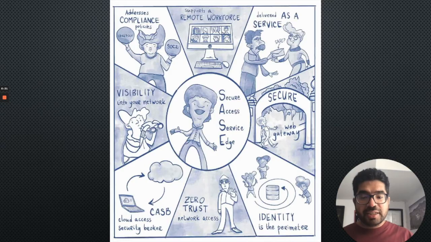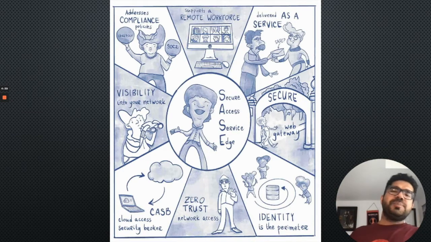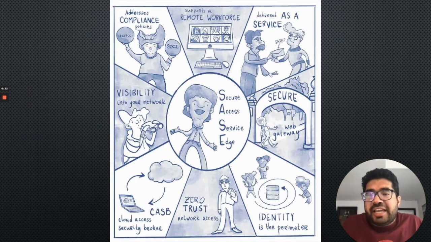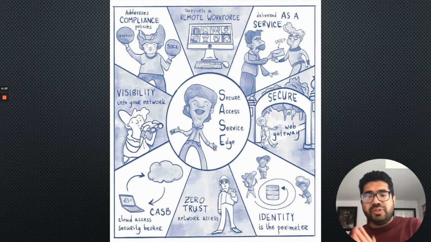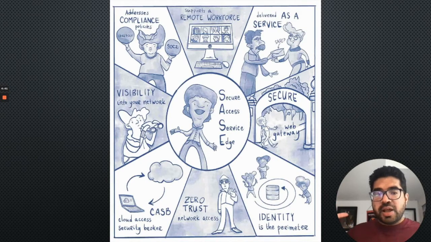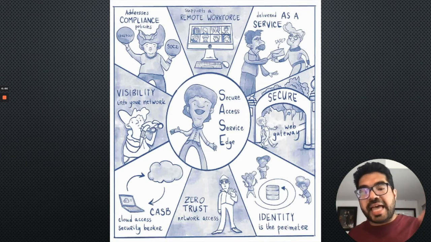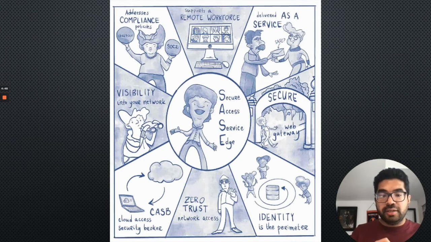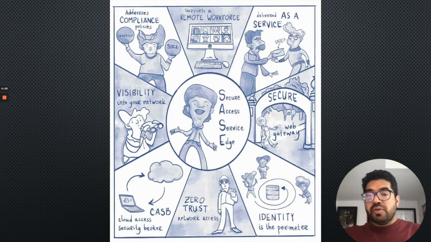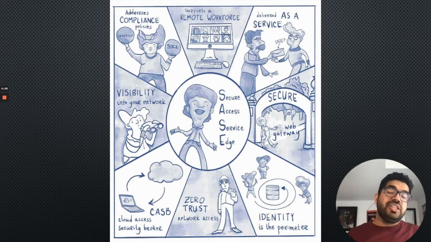Going into the components, there are lots of them, so let's tackle each one of them one by one. The compliance policies, the remote workforce, everything getting delivered as a service. You really need that visibility into the service. And then there are so many things that combine together to form the SASE. Some of the really important ones are the firewall as a service, the cloud web gateways, the secure web gateways, the zero trust network access, the CASB, which is a cloud access security broker, and DLP, which is data level protection. All of those services combine to form what SASE is,